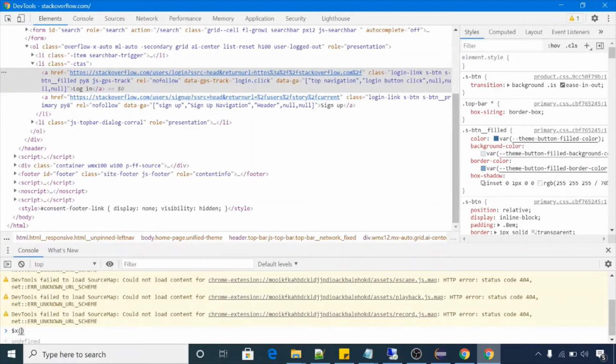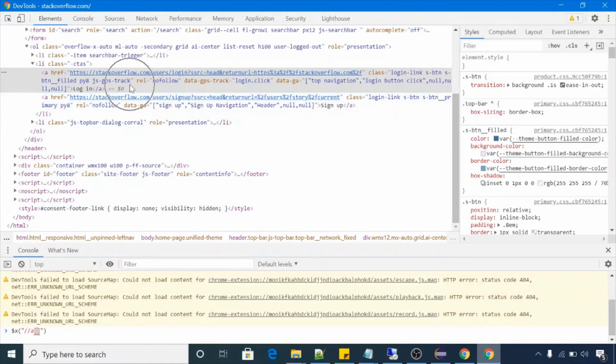In these parentheses you have to pass your XPath. If it gives you results, that means your XPath is valid. This is the format to write relative XPath: double slashes, and our tag name is A. So we'll pass tag name A, and square brackets are used to pass the attributes.